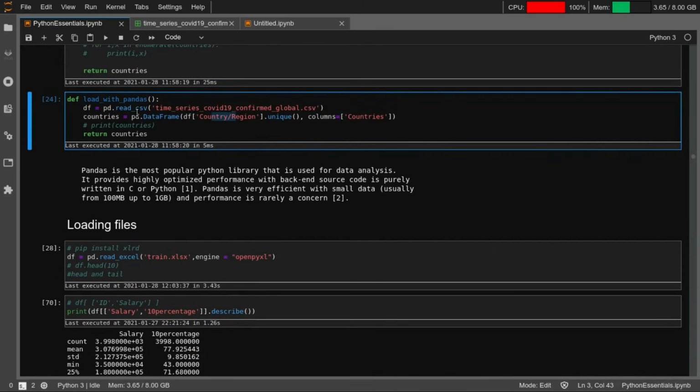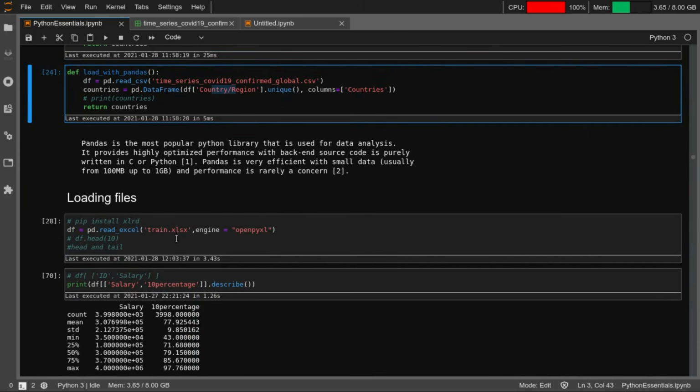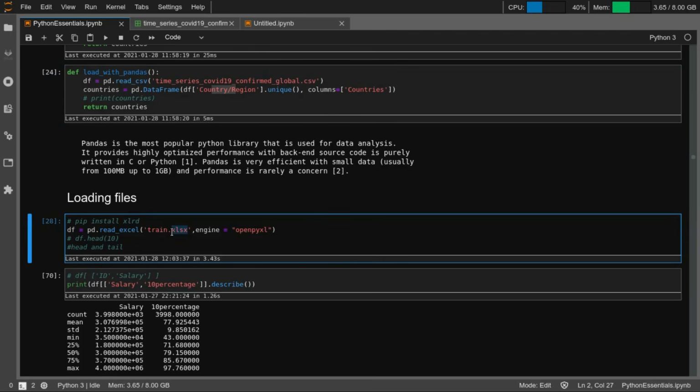So here we saw a function called read_csv for reading a CSV file. Now for reading a spreadsheet, an Excel file format like XLS or XLSX, there is a function called read_excel. For reading an XLSX file, you have to mention an engine called openpyxl. If you do not mention it, this function will not be able to read XLSX files. It will still be able to read XLS, but the newer X formats it will not be able to read, right? So that's why I'm mentioning this engine specifically.